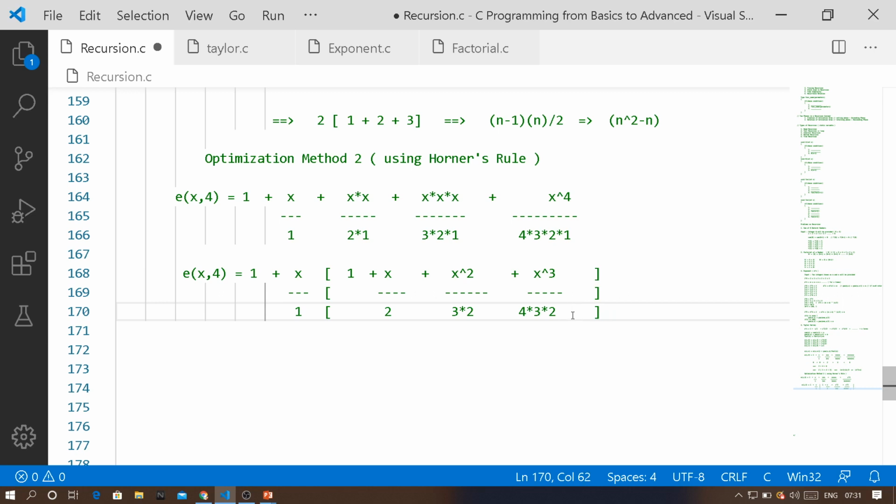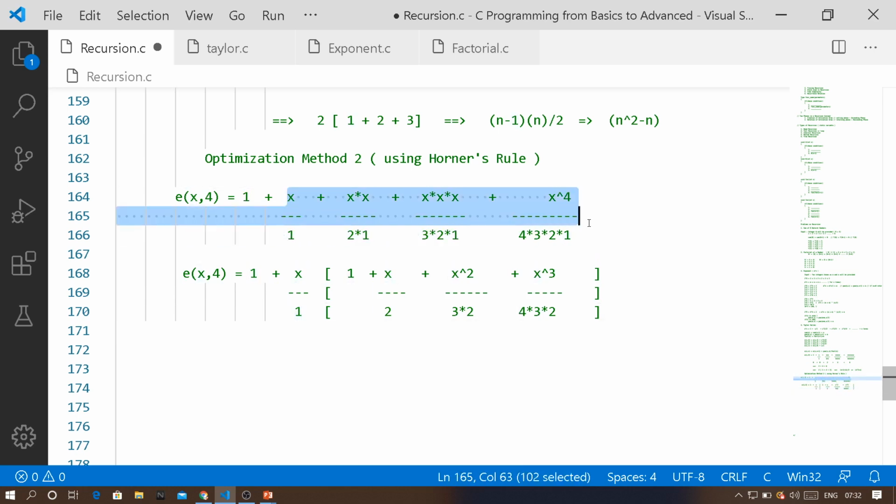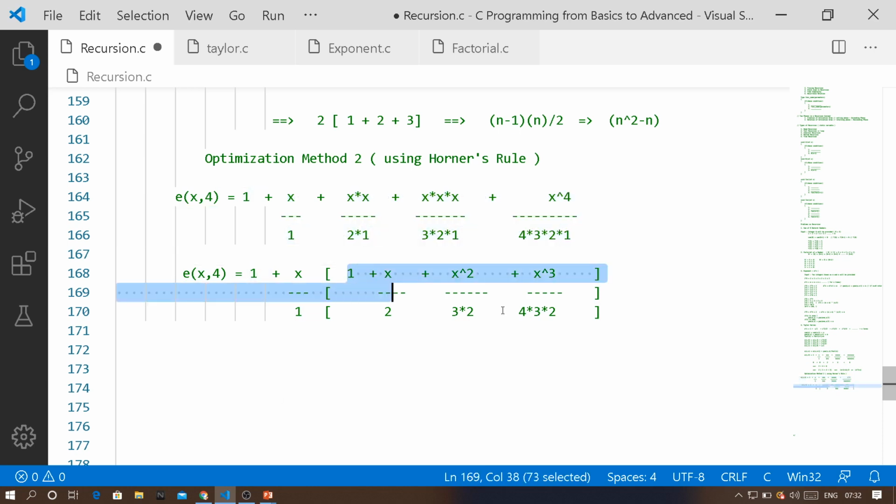Okay, fine. So now what we are going to do, again, this is not only the Horner's rule. Horner's rule means again taking a common term outside. What common term? From this term, leave 1. See, in the original equation you left 1, and in the remaining terms you took x divided by 1 common outside. Now in this inner term, leave 1 aside and take the remaining parts and take x divided by 2 common outside.